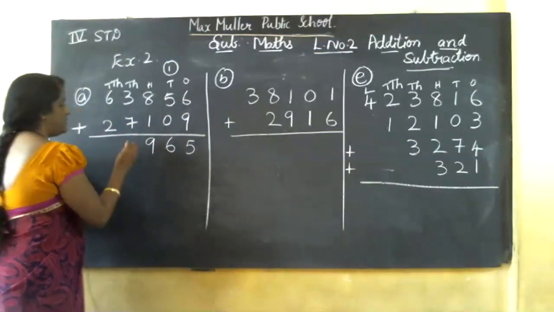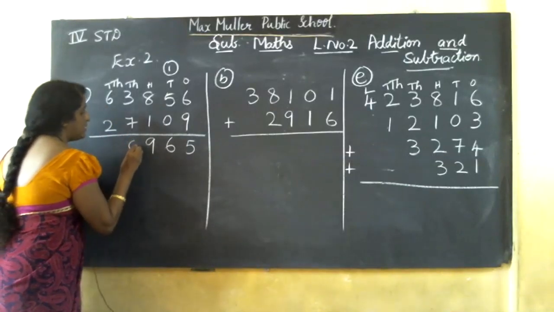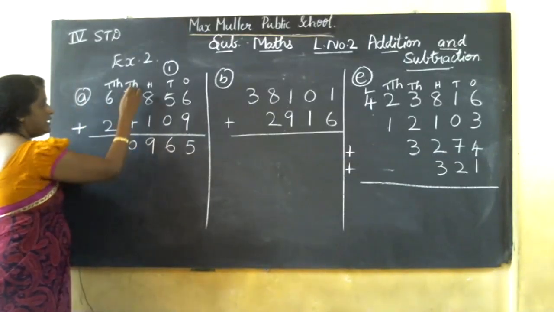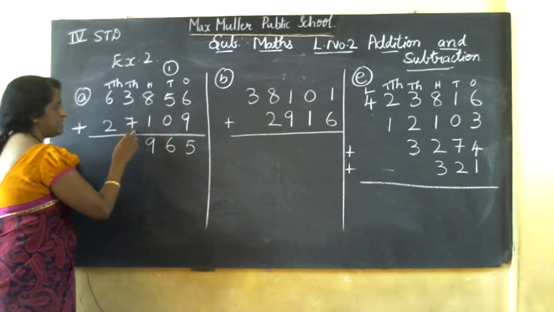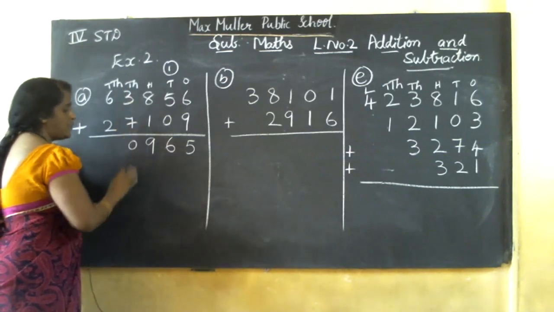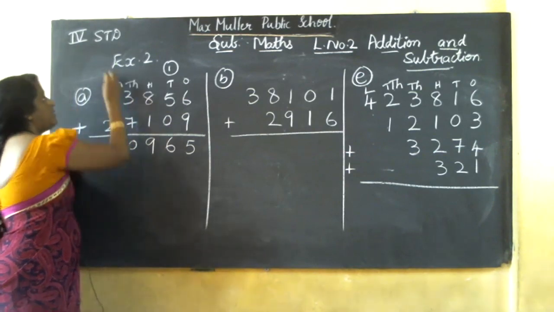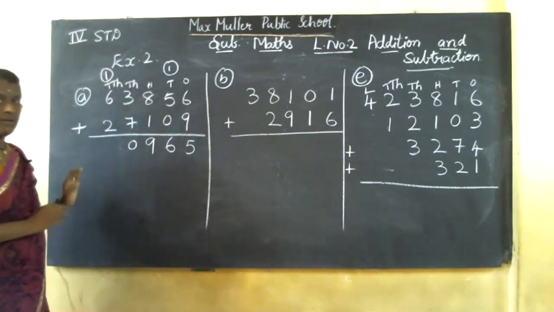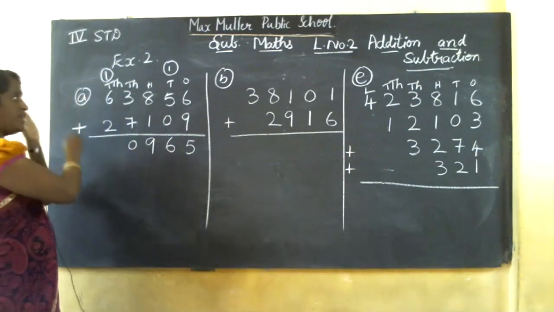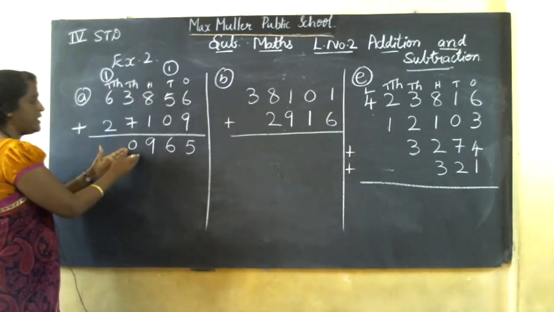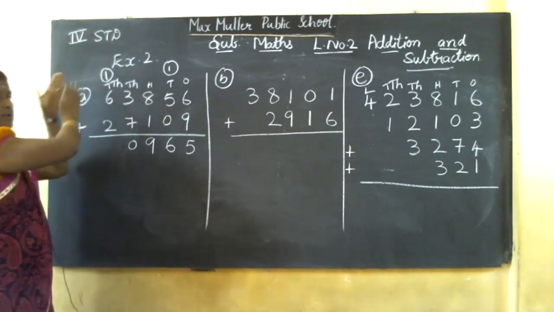2 number comments. 1 you should write in 10,000s place. Okay, see here you are counting this thousands place. Thousands place, if you count 2 number comments, 0 is in thousands place. Here 1 will be in 10,000s place. 1 carry will be in 10,000 because you counted thousands place. 1 carry will go to 10,000 place.